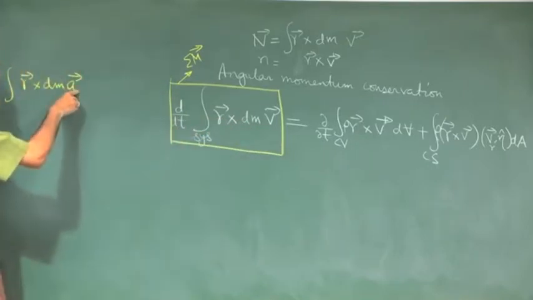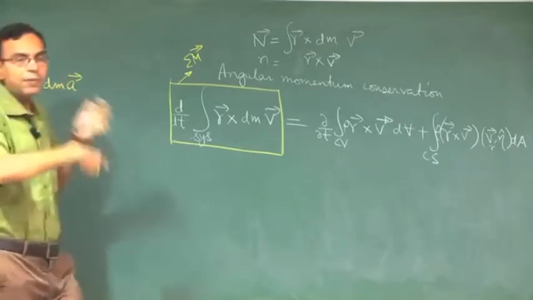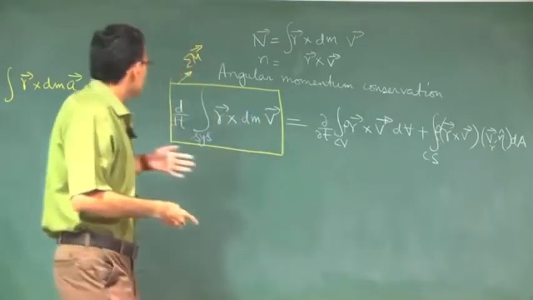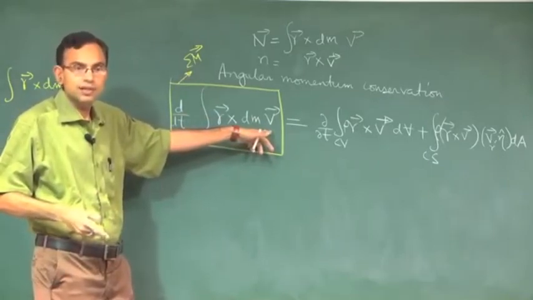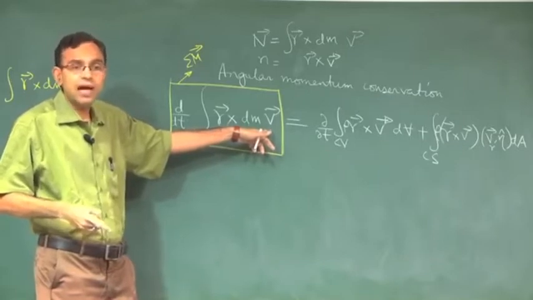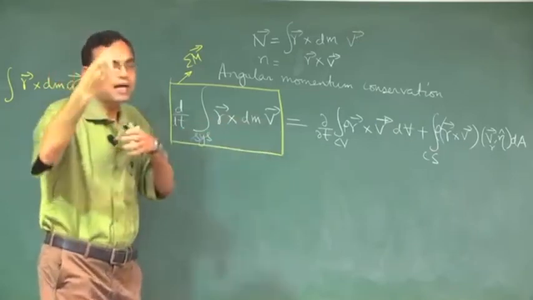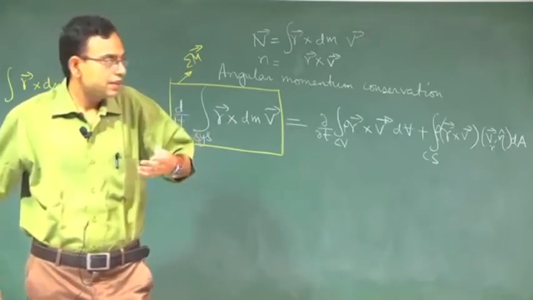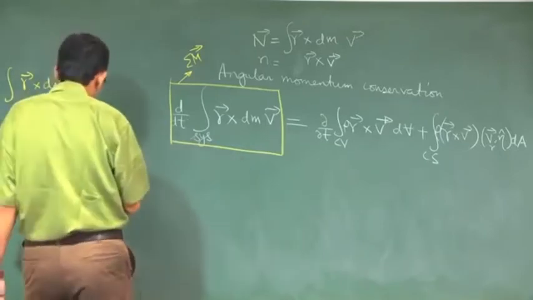Now if this is a small xyz, where small xyz is a rotating reference frame, then that has to be written in terms of a capital XYZ and the a relative, and this is valid only if this is capital XYZ, not small xyz. So with respect to small xyz, if you write this, there has to be a minus correction term, just like what we had for the linear momentum conservation. We will take that up as an alternative method for solving the problem, but let us introduce the problem first.